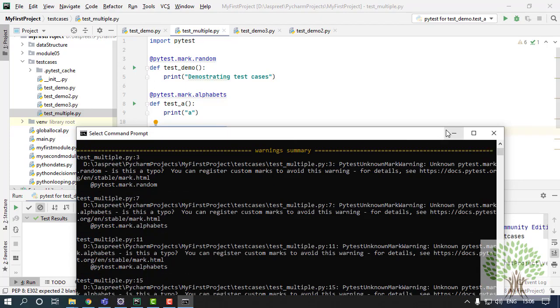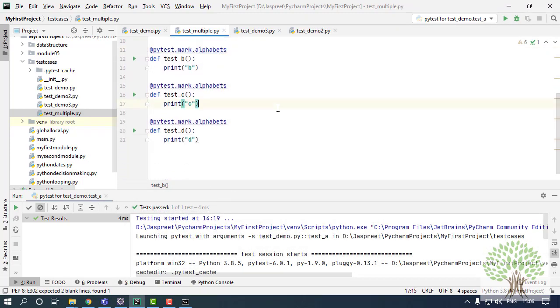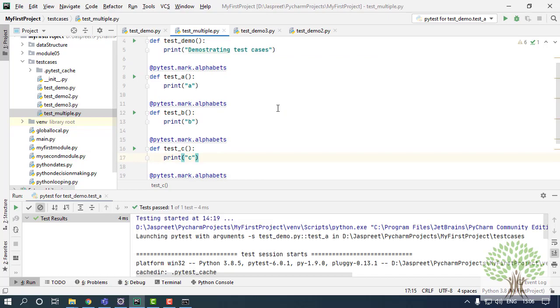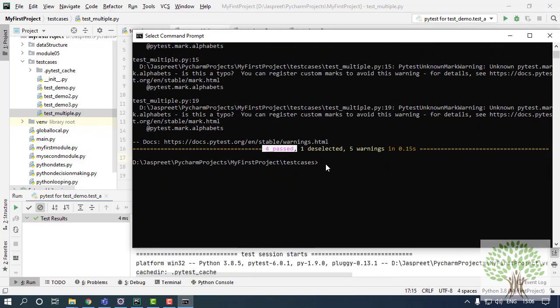The same way we have been running a group from the command prompt, I can also say that except for this group, run all the test cases that are in my module. So I'll use the same command, just now where I'm giving the group name, I will prefix not.